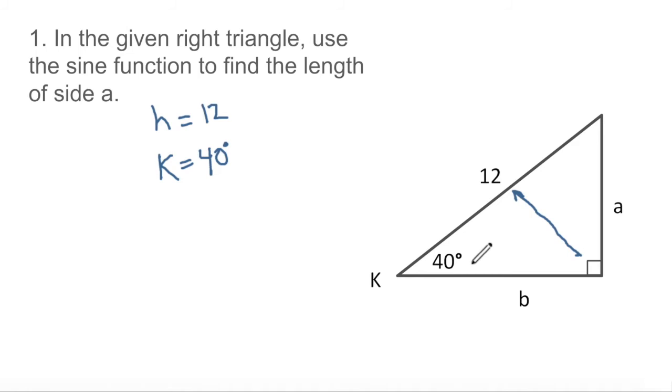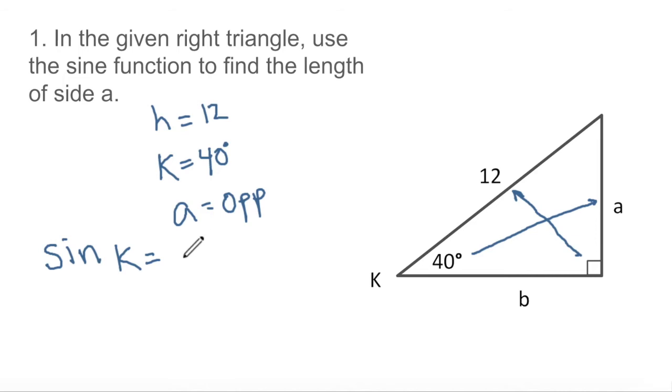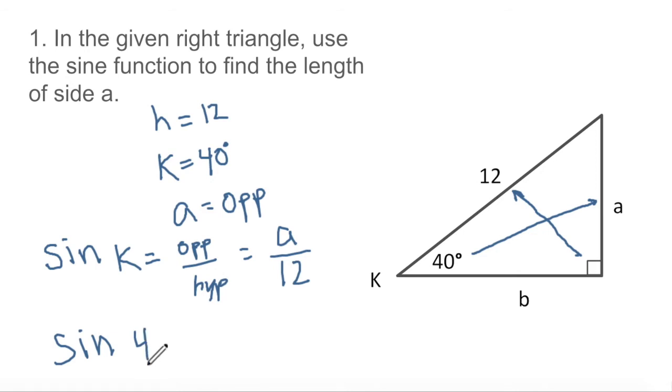And which side is opposite to angle K? Opposite to angle K is A. A equals the opposite. So those are the three things we need to know, isn't it? Let's see, now we're going to say sine K equals opposite over hypotenuse, and that's equal to A over 12, because we're just substituting in, we know the hypotenuse. So in other words, sine 40, because K is 40,